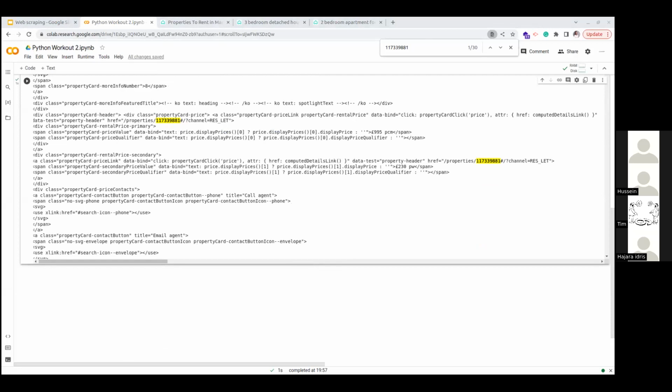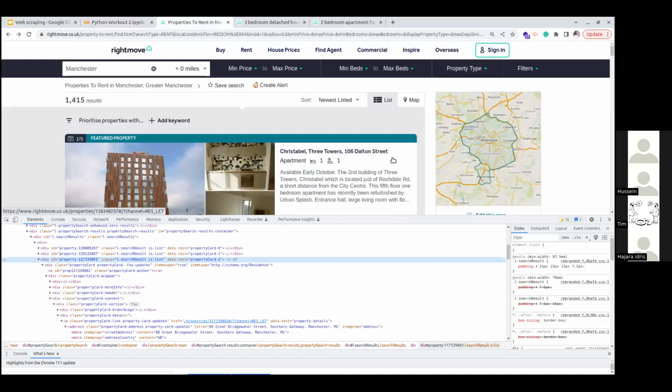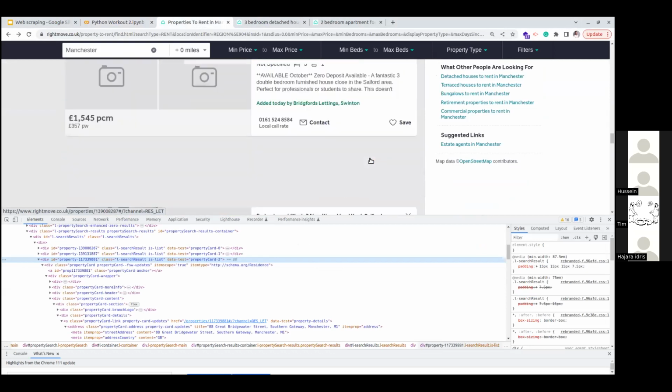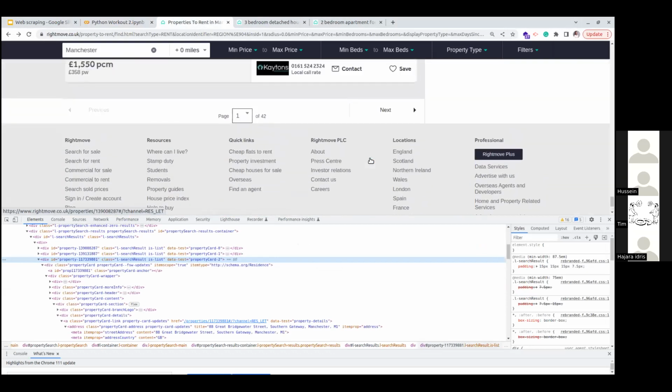How do we get the list of all the houses? Some of you are familiar with pagination, so you definitely know that these are not all the houses in Manchester.